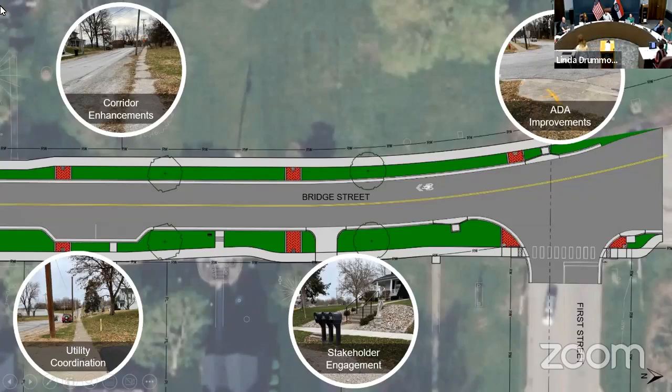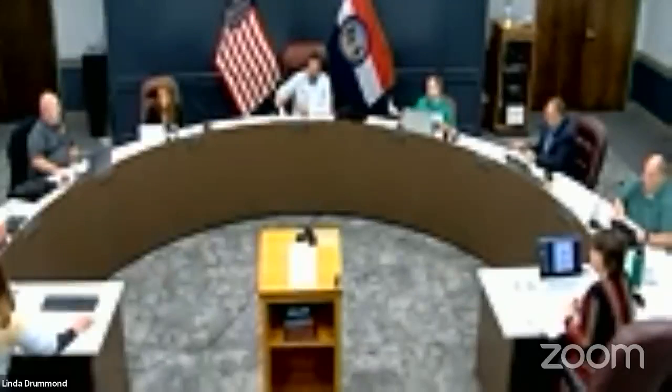Two minutes to spare. We don't have adjournment on this one, so do we need to adjourn? I think so. If anybody needs to use the facilities,